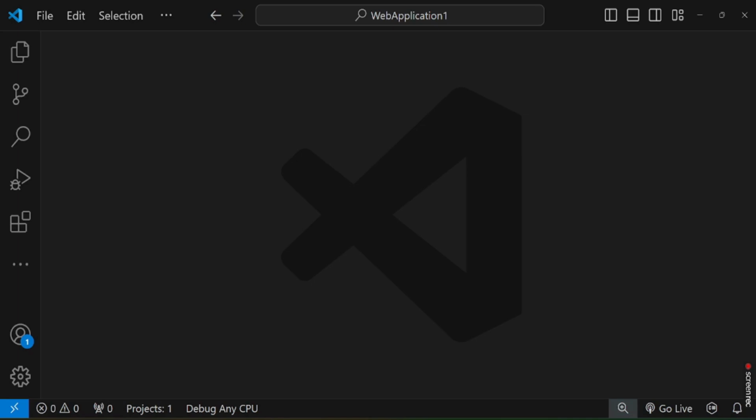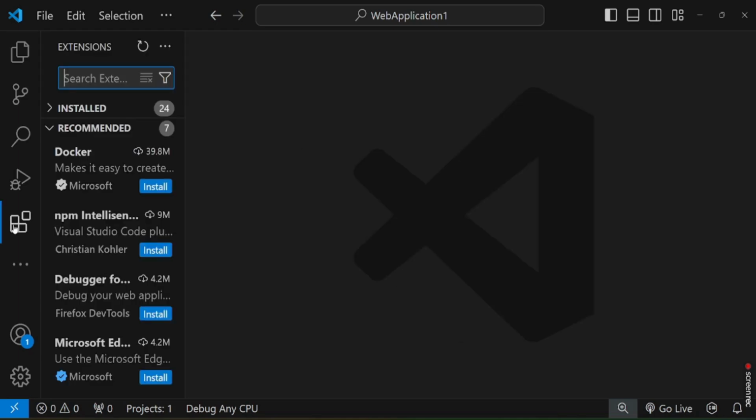Let's start. For that, you always have to install Visual Studio Code on your system. As the installation and downloading process is on my channel, you can watch that. After installation of Visual Studio Code, you need to install extensions which are related to your